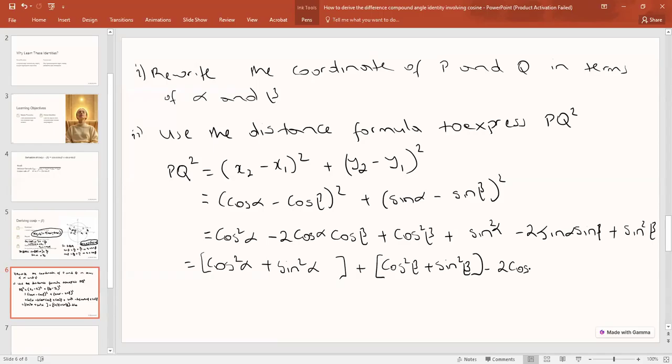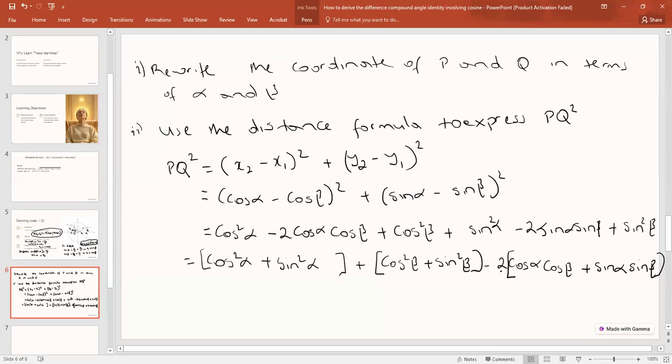We can factorize the minus 2 from these two expressions, so we're going to have cosine of alpha cosine of beta plus sine of alpha sine of beta, after factorizing minus 2. So this is equal to 1 plus 1 minus 2 times the bracket